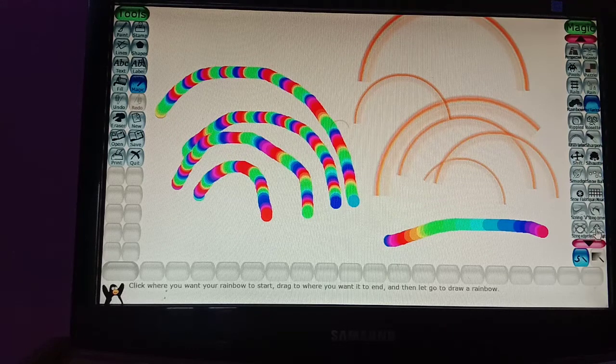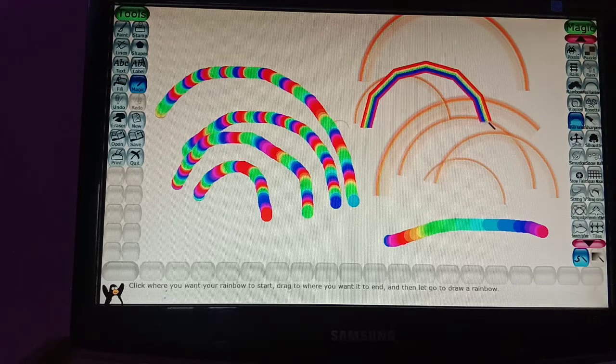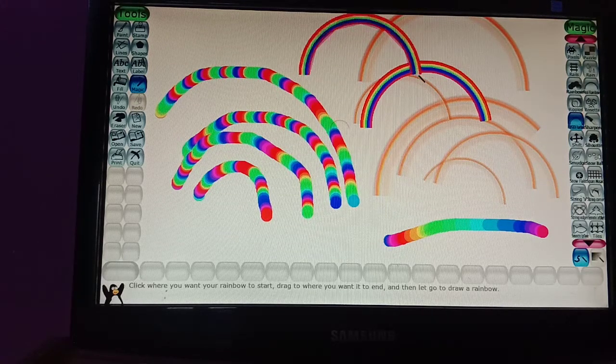Okay students, let me show you. There is also one more present. So the real rainbow effect will give you a real rainbow effect that comes after rain falls down. I hope you all have just learned the difference between the rainbow effect and the real rainbow effect.